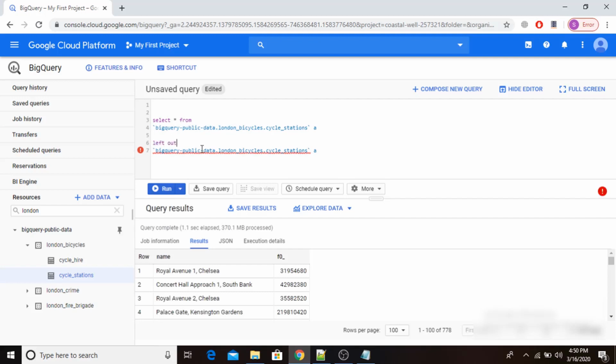Left outer join this table, cycle_hire table, B. Okay, left outer join this table,